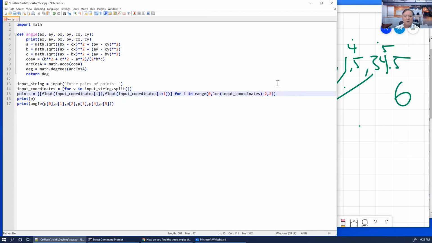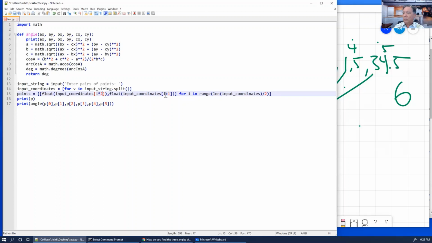Yeah, I don't think this is right, actually. Let's do it the way I was doing it. It's going to go from 0 to 3. The range is going to be half the number of coordinates. So instead of 6 coordinates, the range is going to go to 3. So 0, 1, 2, and 0 times 2